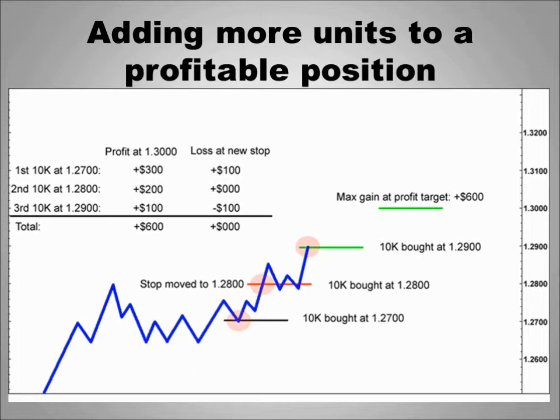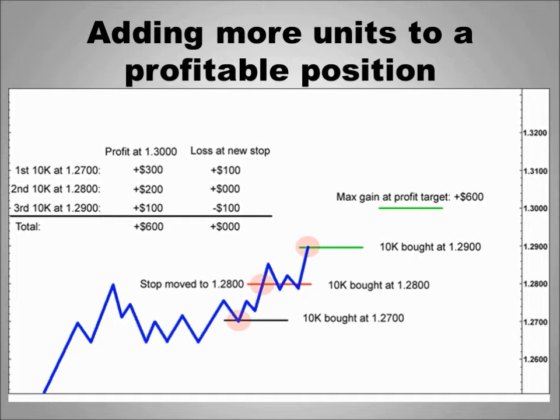And we have a third order of 100,000 units, and we do the same thing, but on that order, we place the stop loss at 1.28, and we close all of our positions at 1.3,